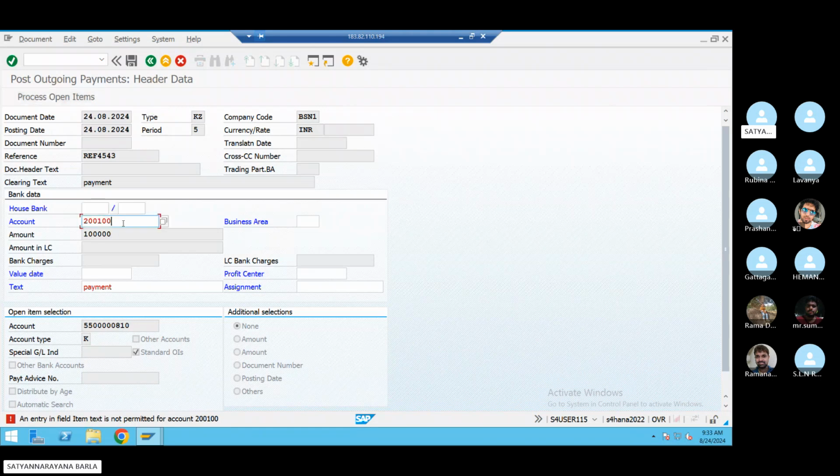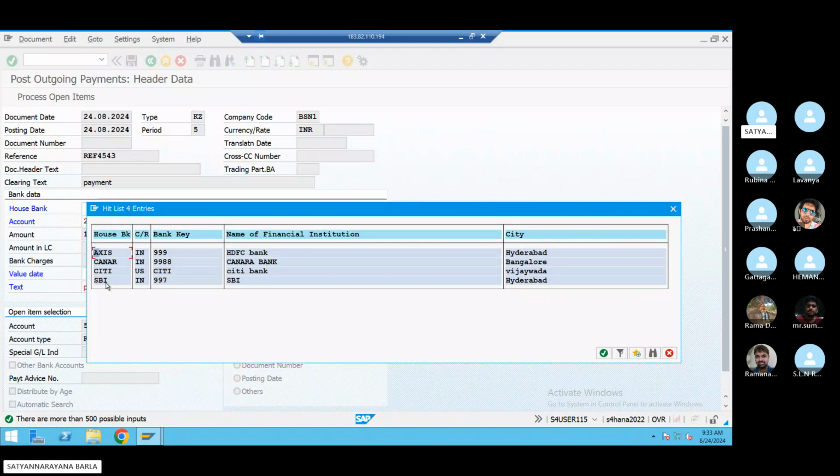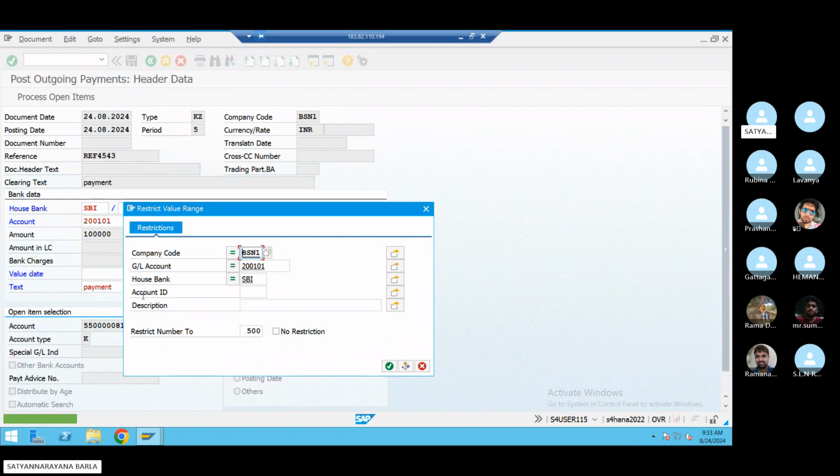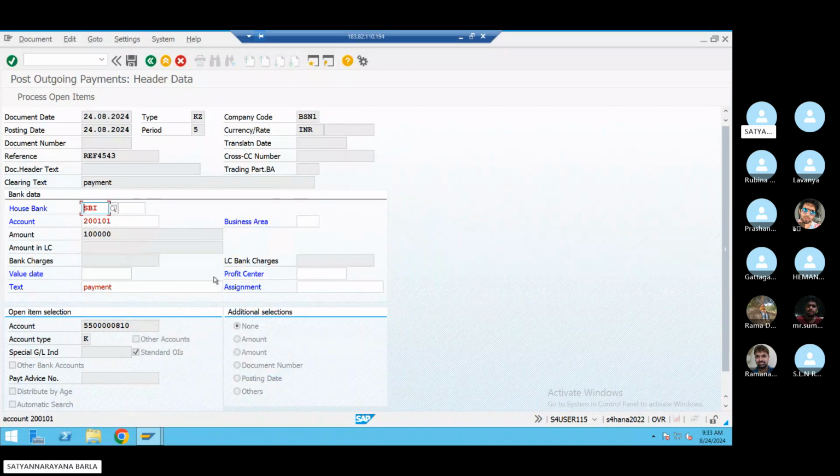Okay. Mandatory field, entry in text not permitted for... Go to OBC4